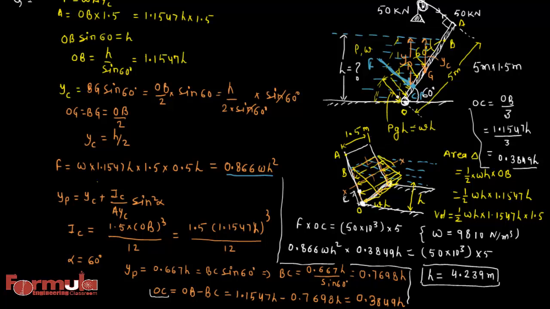So to solve this type of problem, always try to balance the moments. To balance the moment, first calculate the hydrostatic force, then calculate the moment generated by this force about that hinge point, and balance that moment by creating a moment with another force, like in this case there is a weight acting over here, and there is a tension force in the string. This is the counter moment, balance the system, and you will easily calculate the height of water.